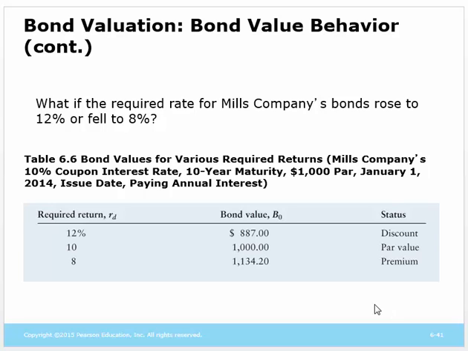And what a discount means is that the price is less than par. If the interest rate or the required return fell to 8%, if the company became less risky, the bond price goes from $1,000 to $1,100. We say that that bond is selling for a premium. Now, don't get hung up on the discount premium idea because they're meaningless. It just tells us where the price is relative to par. It has nothing to do with good versus bad.